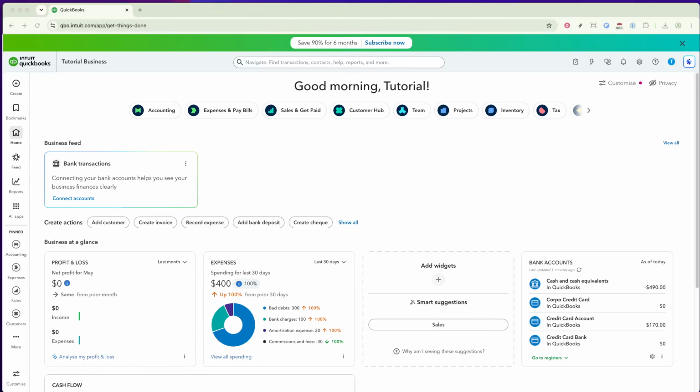In today's video, I'm going to teach you how to reconnect a bank feed in QuickBooks Online. Whether you're managing your business finances or keeping track of personal expenses, QuickBooks Online makes it simple to stay organized. However, there may be times when you need to reconnect your bank account to ensure your transactions are syncing seamlessly. Don't worry, this process is quick and easy, and I'll guide you through each step to make sure everything is